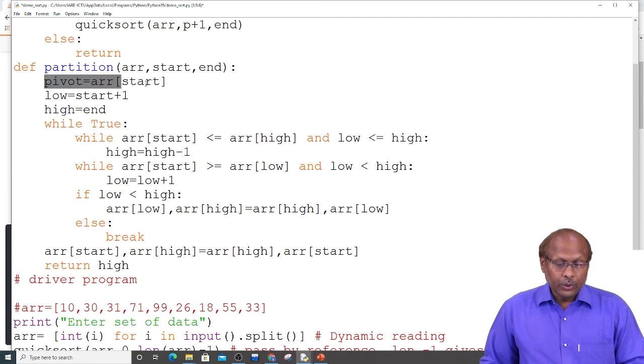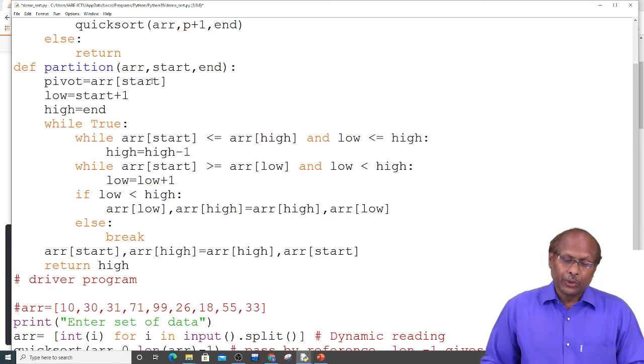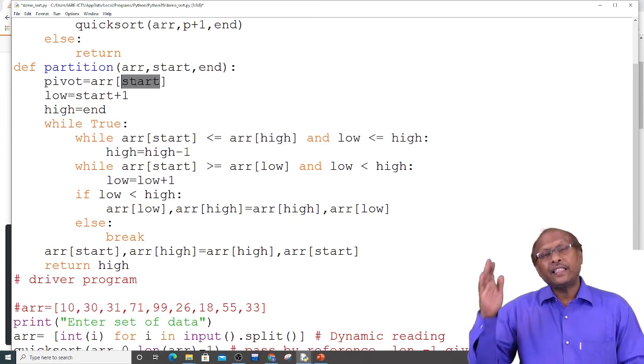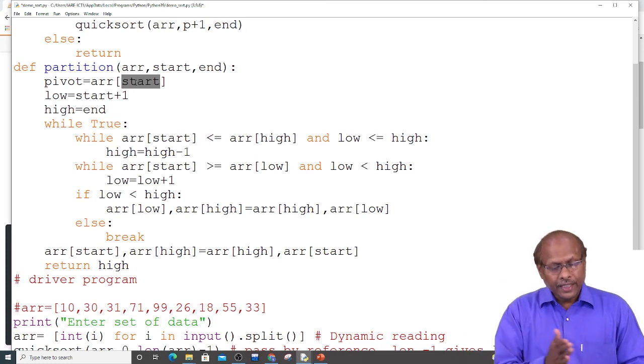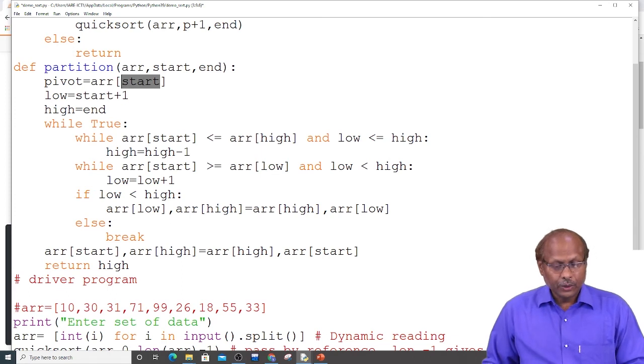And remember, for choosing the pivot, you can start either from the starting element or you can go to the ending position also. If you want to use the ending position, then instead of taking start, you take the end as the pivot.